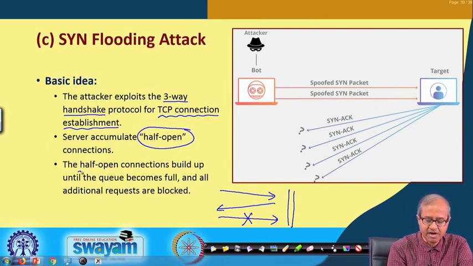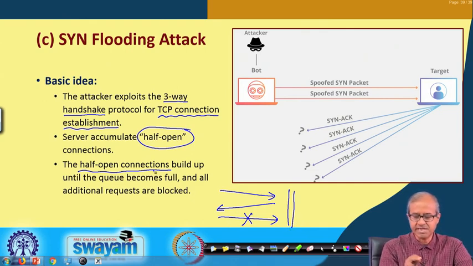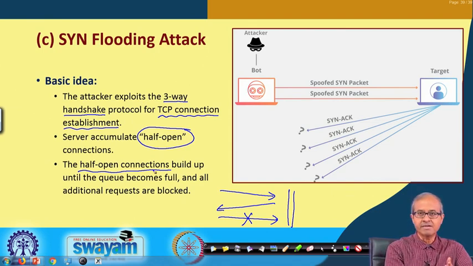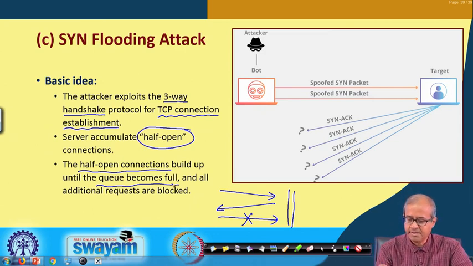If a large number of such requests are coming, but the third packet is not coming back to the server, these half open connections will be building up at the server side and the pending request queue will ultimately become full, and after that all additional requests that are coming in will get blocked, right.